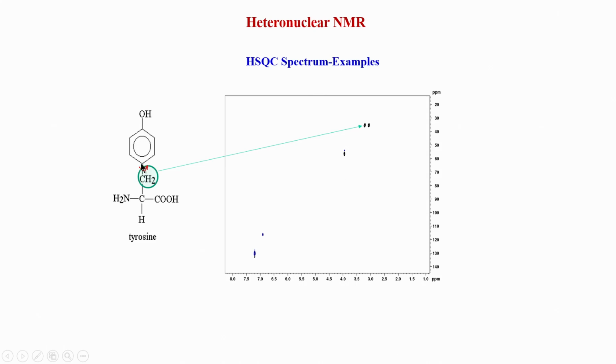Now, if you look at the aromatic, we can think of some symmetry here. See, these two, as I said, they flip around the axis. So, they actually average out, which means these two protons are equivalent, because they are flipping so fast, they see a similar chemical environment. Similarly, these two protons will have a flipping around, and because of the flipping they will be equivalent in chemical shift.